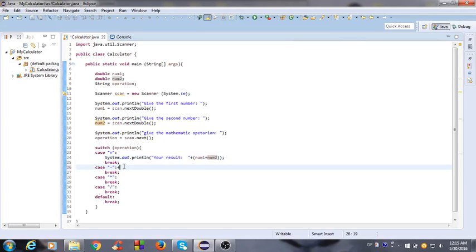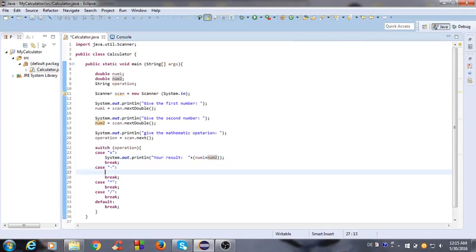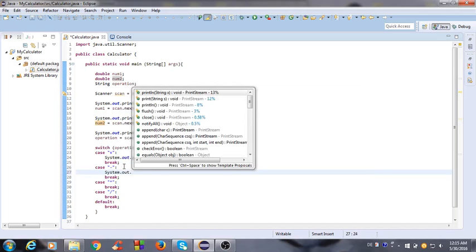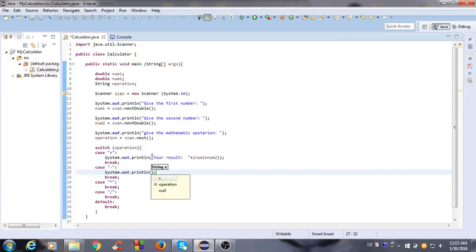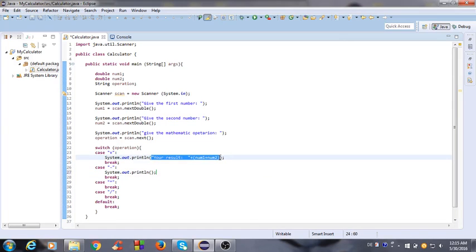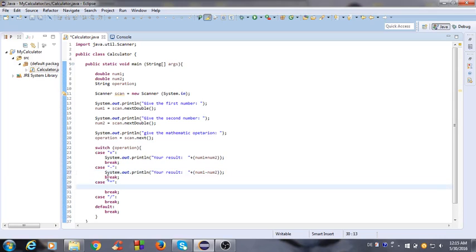The same we are going to do here. We could just copy this, paste, and minus, because we are talking about subtraction. The same we could do for the multiplication, and now it's coming